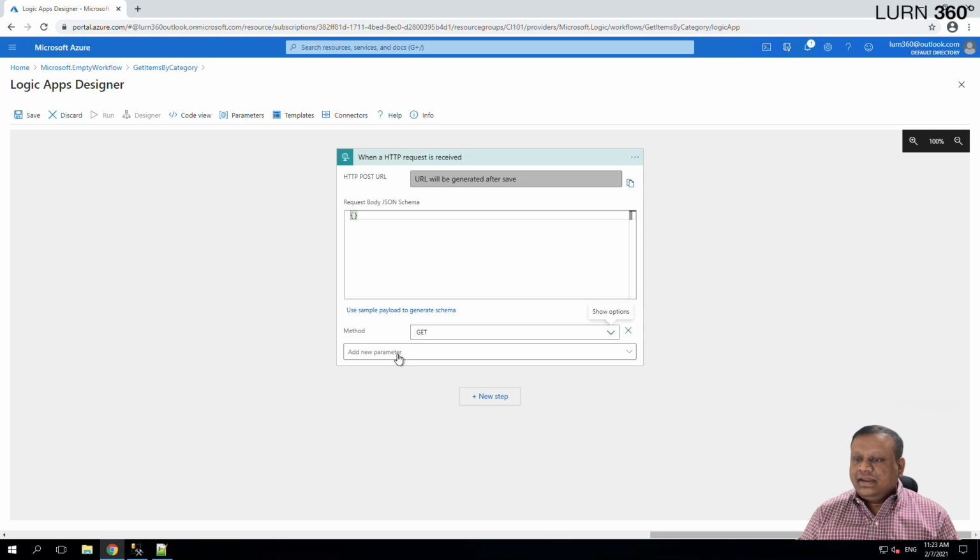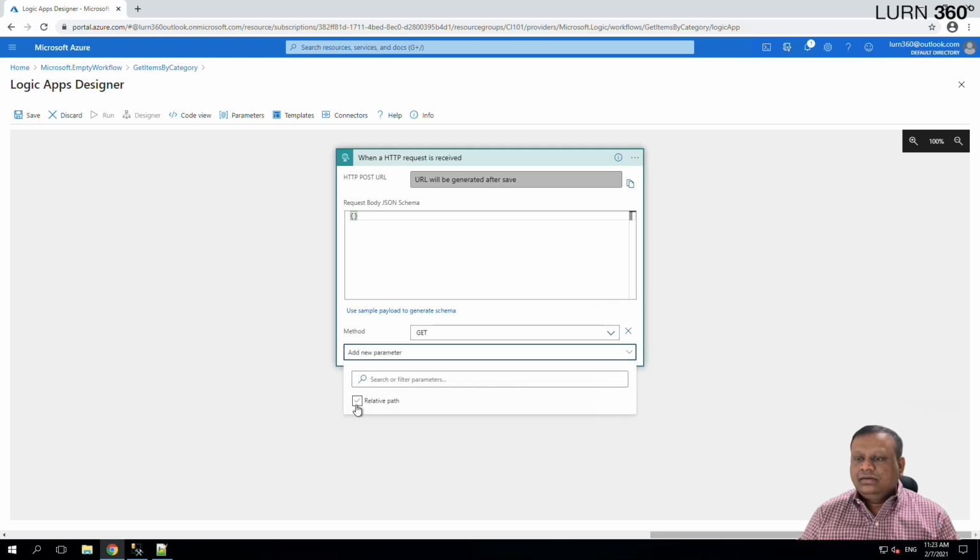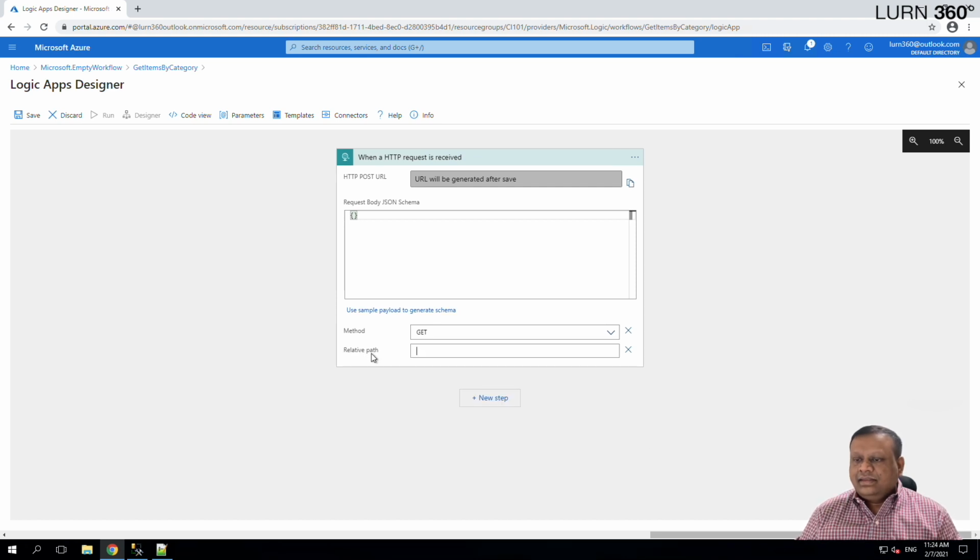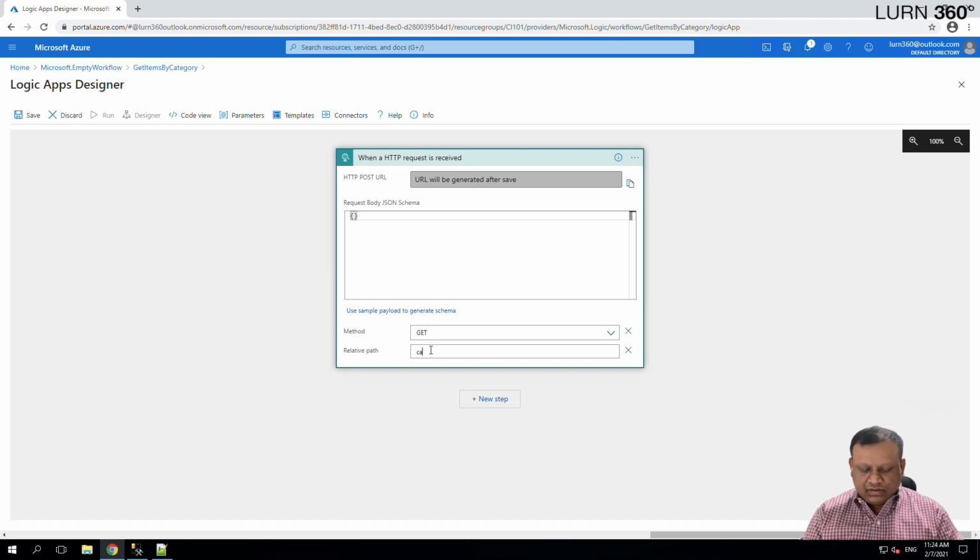So let's go ahead and select a new parameter and select relative path. Relative path is where you can define your input parameters, right? Let's select relative path, and then here in the relative path I'm going to give it a name of category code,